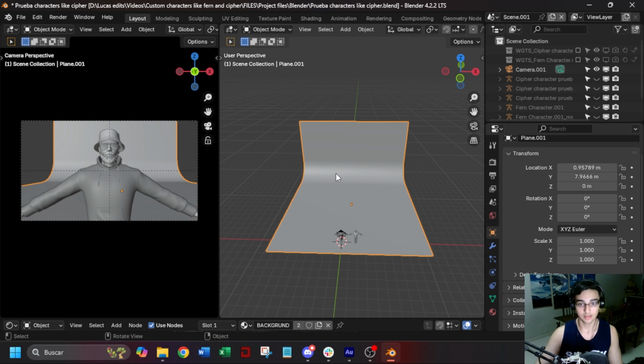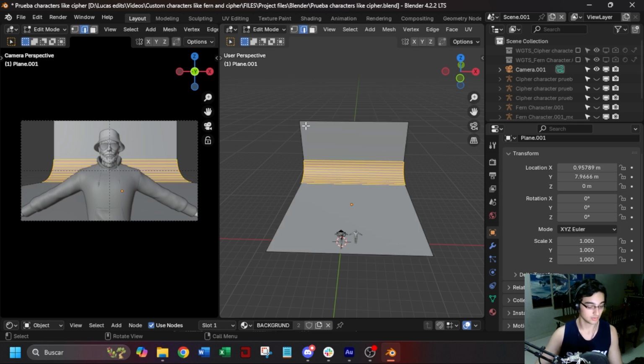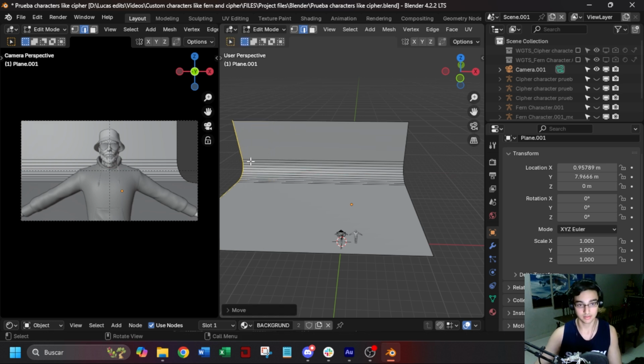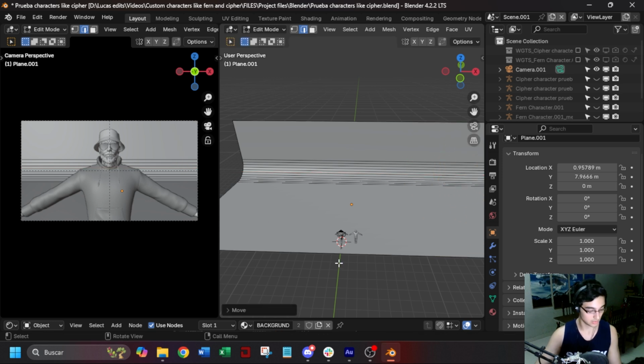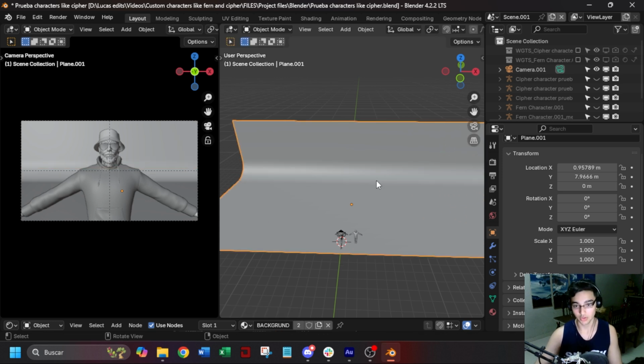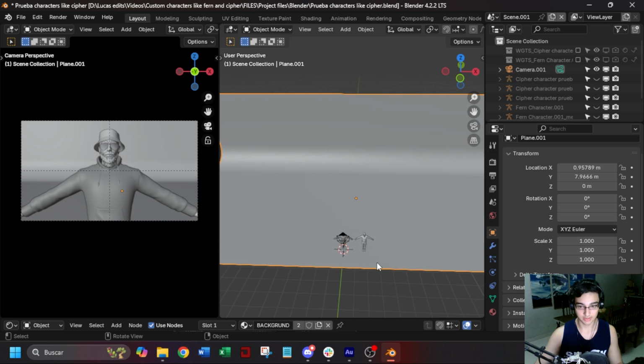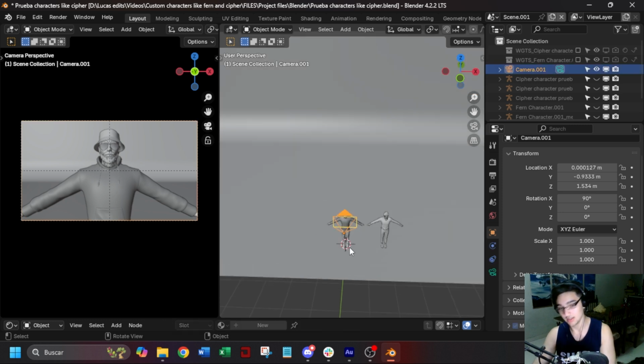So to fix that, you have to go back to edit mode, press 2 and select this part right here and press GX, so you can expand this part, and do the same with this part right here, and go back to object mode. And this is pretty much it. Now let's do a little bit of